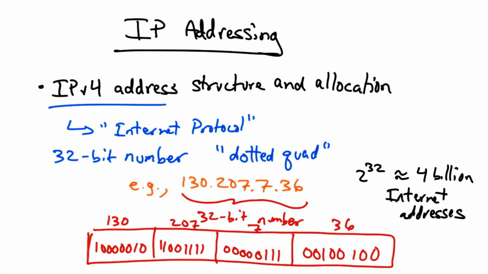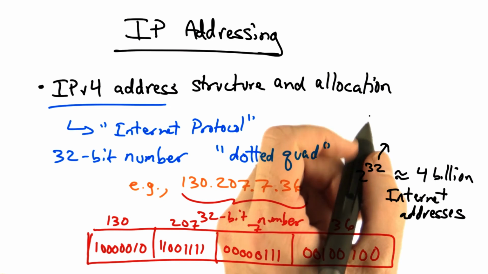Now that sounds like a lot of addresses. As it turns out, it's actually not enough, and we're running out of IP addresses, as I'll discuss in a later lesson. But even if we only had to deal with 2 to the 32 internet addresses, that's still a